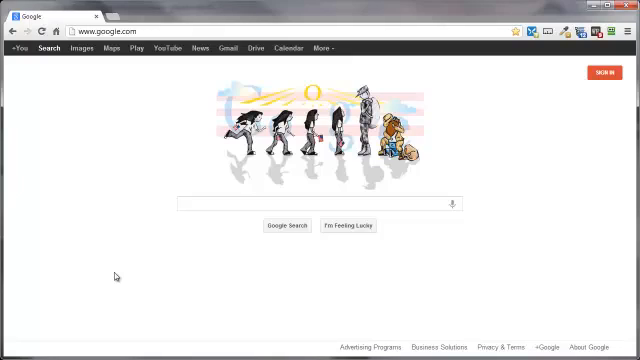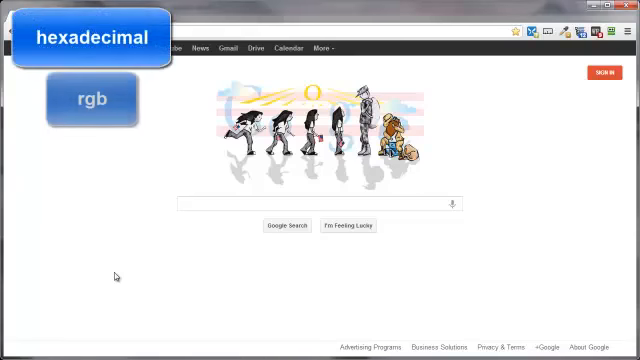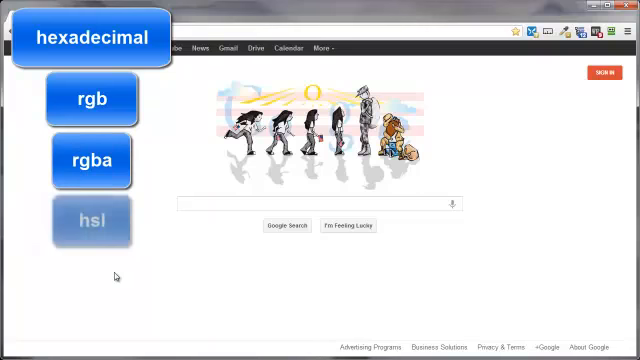Now, I say basically because there are actually 6 different ways. Hexadecimal colors, RGB colors, which stands for red, green, blue, RGBA colors, which with CSS3 the A is the ability to add an alpha channel to your RGB color scheme. Then we have HSL, which stands for hue, saturation, and lightness. And we also have the HSLA, which basically is the same thing, hue, saturation, lightness, but also with the alpha